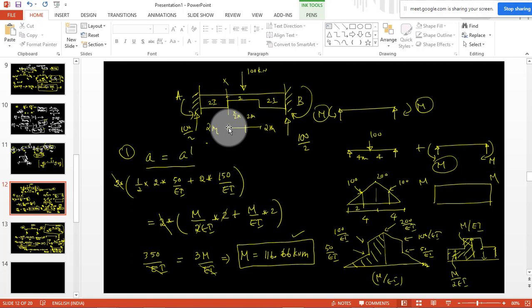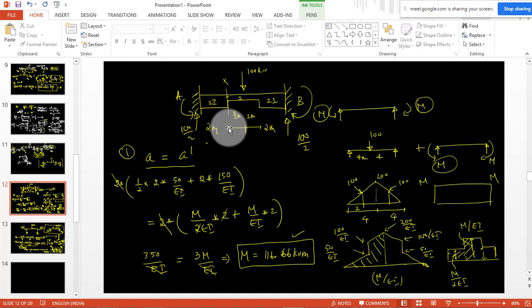The displacement we will not find out in the fixed beam, because it is a force method. Basically we have two types of methods of analysis. One is the force method of analysis, and the second type is the displacement method of analysis. Okay, so I will just briefly tell. The displacement method of analysis you will be studying in SA2. So basically forces and displacements are both related in any structure.